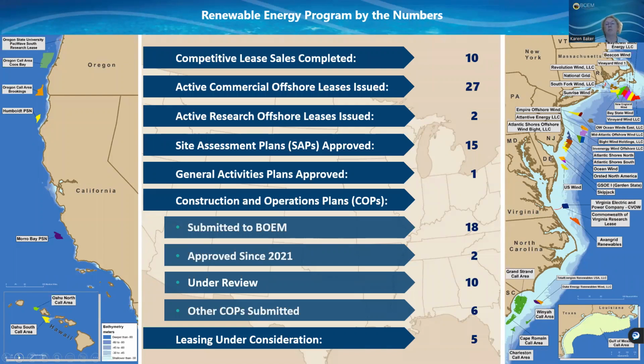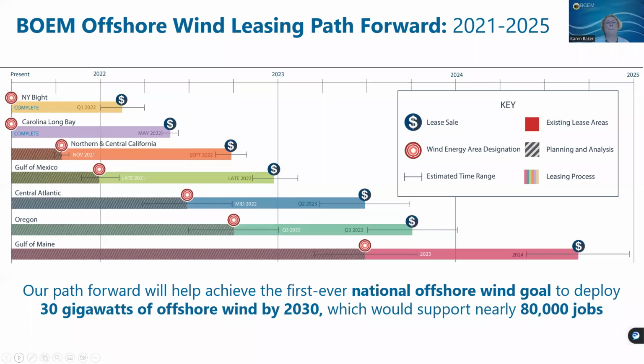We expect about 17 more in terms of the leases that we have. And we are looking at other areas, such as, as we just noted, we had an announcement this last week that we will have a lease sale for areas off the coast of California on December 6th. We are starting to look at area identification in Maine. We are looking at area identification in the Gulf of Mexico. Next slide. And I just spoke to some of this. These are the way forward in terms of where we're also looking at other areas that were on that map. Go to the next slide.